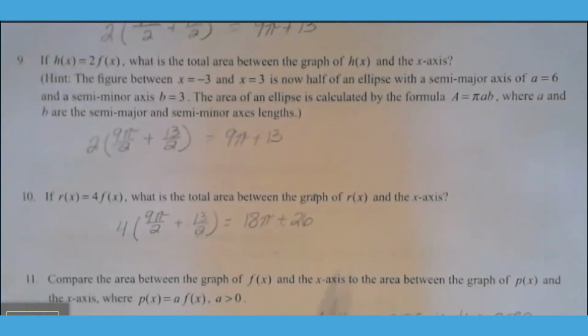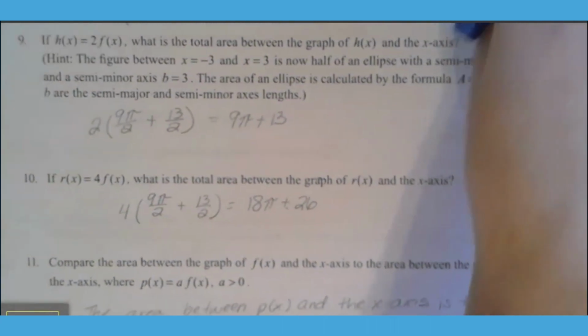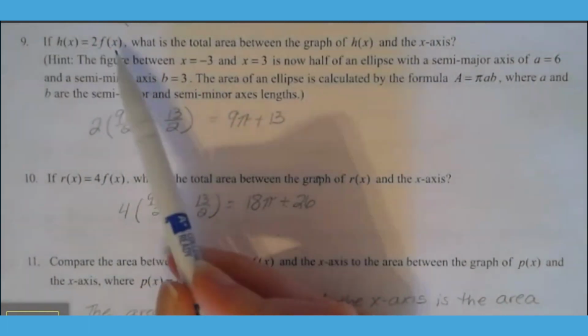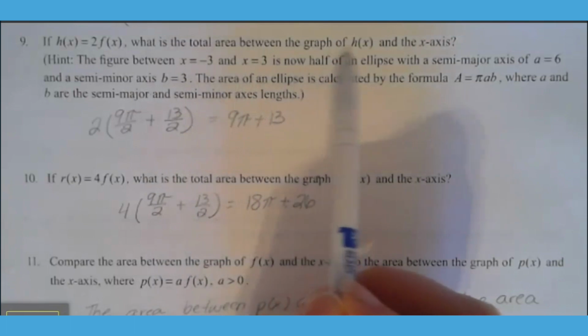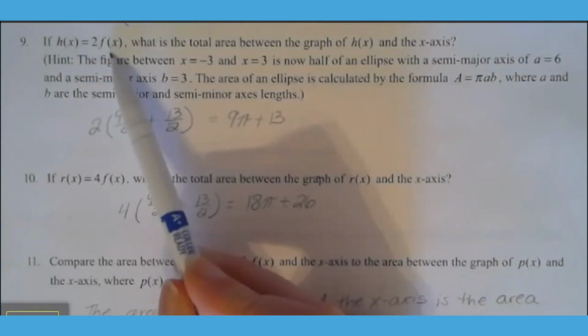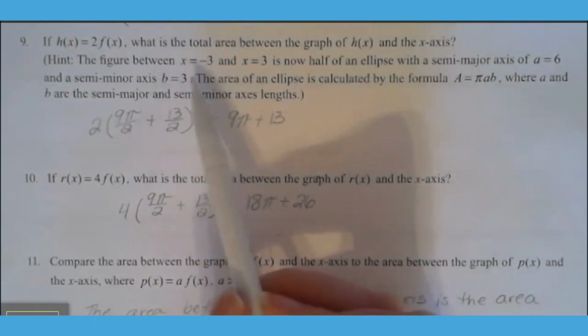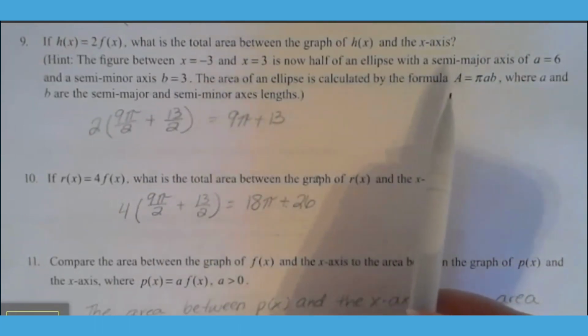We're ready to look at our solutions for 9 through 11. So in looking at 9 through 11, we are given a new function. We are given h of x is twice our original function. What is that total area between this new function that is twice as tall and the x-axis? They give a hint to you here because an ellipse is formed as to how you would actually calculate the